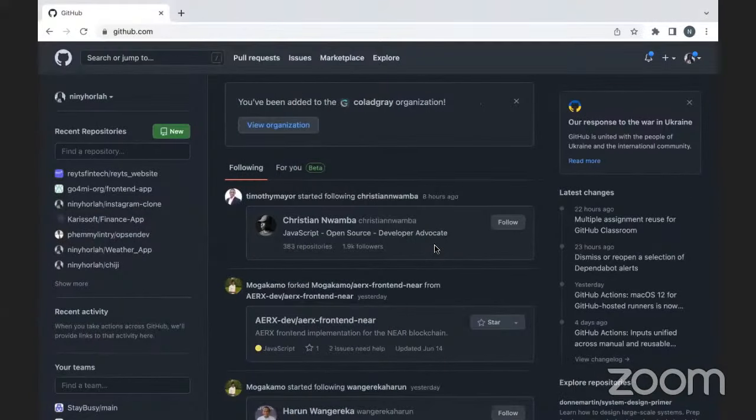So this is the practical aspect of Git and GitHub. We will walk you through how to create a repository, which is one of the things that is very, very simple. But then we are going to walk you through how to create a repository, how to initialize your project, how to commit changes and push to your repository. And also, as Ebuka mentioned, we will also be collaborating on that same